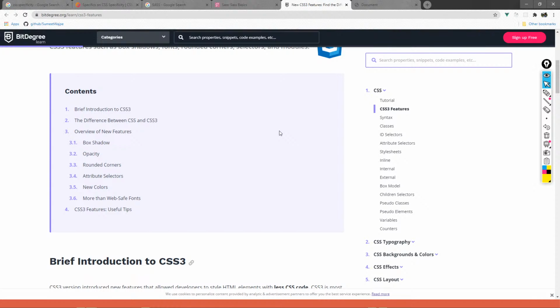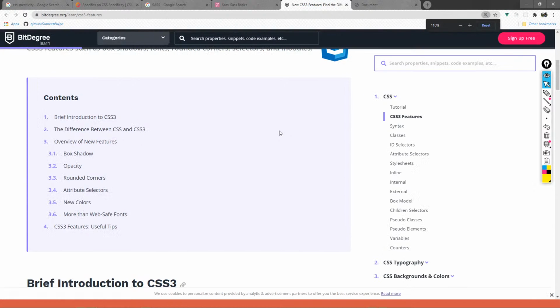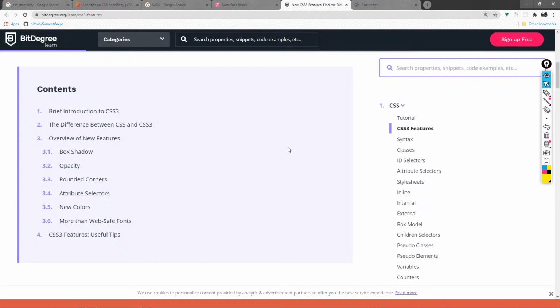Now, talking about CSS 3 features. There are different CSS 3 features available. Some of the major changes that we'll be discussing now. Then we'll be ending the session by discussing all the ecosystem things that we have covered. So, this CSS 3 that we're talking about, as I said, is the latest version of CSS